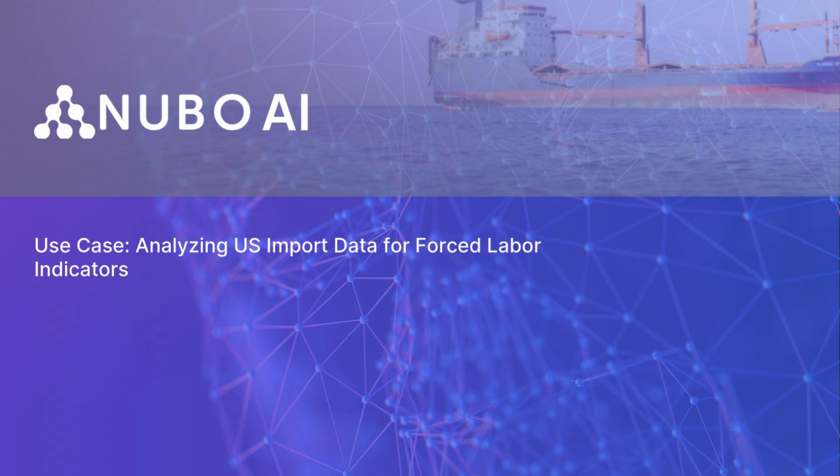Today, we're addressing one of the most pressing issues in the modern supply chain, forced labor and the transshipment of goods originating from high-risk regions like Xinjiang, China. The forced labor crisis demands vigilance across every link in the supply chain. With NUBO AI, businesses can proactively screen for potential violations, trace transshipment routes, and ensure compliance with regulations such as